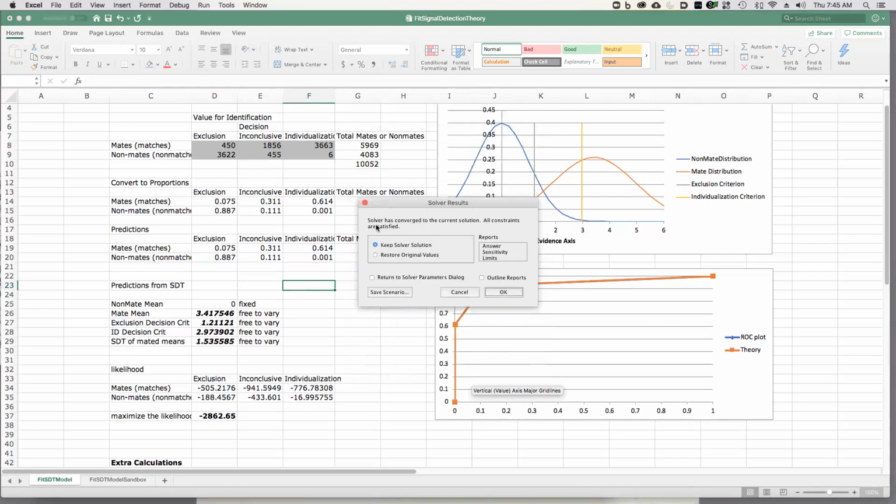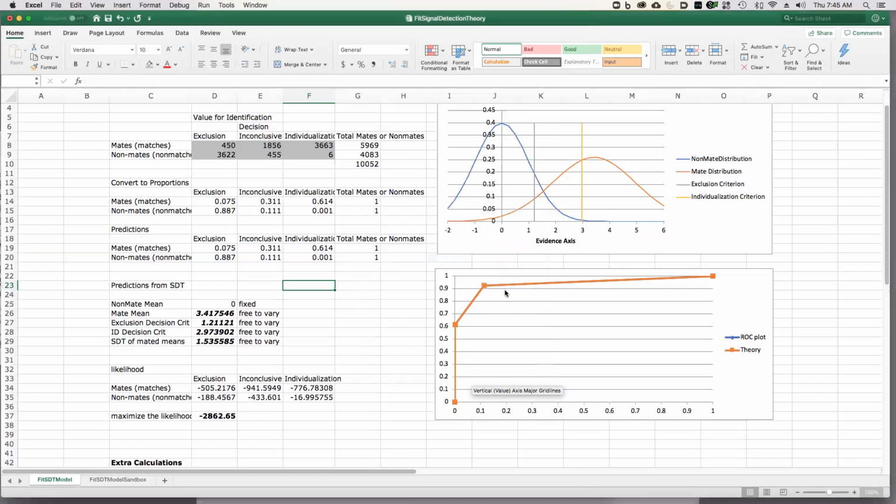And Solver says it has converged to the current solution. All constraints are satisfied, so that's good. Usually you get that with this because it's pretty well behaved. And so I'll click OK and note a couple of things. First of all, our